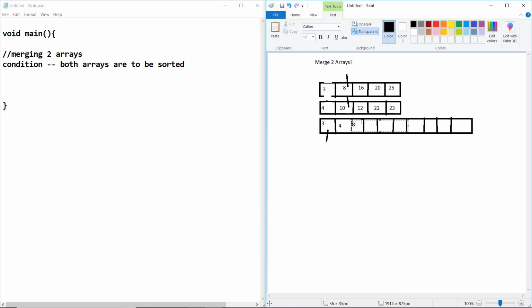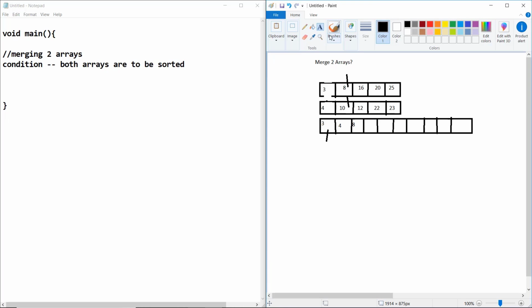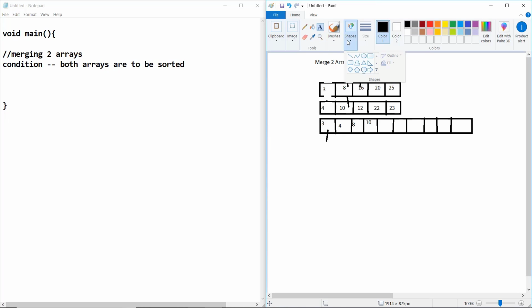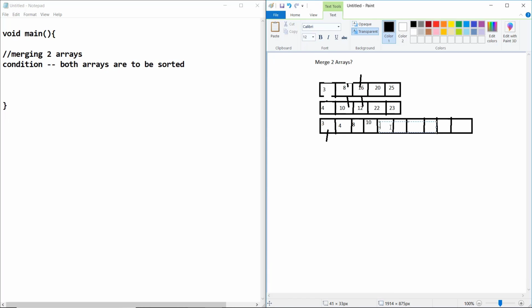8. Okay, change the pointer. Now it is 10. Now the pointer is here, at 12. 12 is smaller, so store 12 and move the pointer.